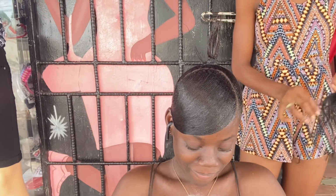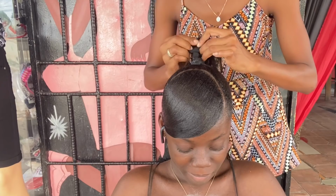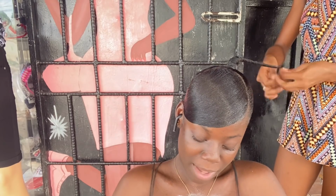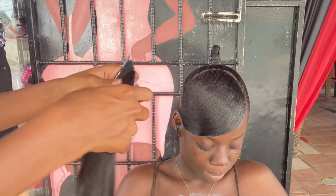Now the length of the ponytail, her hair doesn't match the length that she desires, so we're going to just braid in or plait in some hair to get the length. She wants it to pass her shoulder, so you'll realize I'm just adding some hair here to get the length. Then I'll be applying or installing the Solar Express 12-inch,